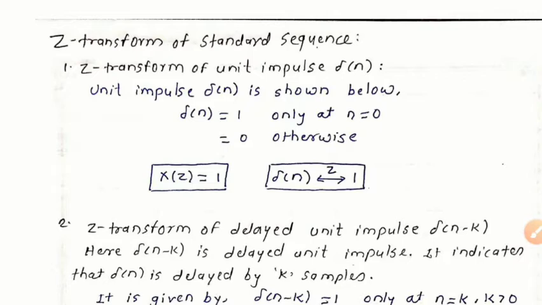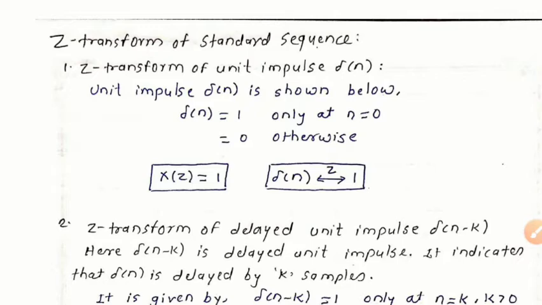So in the last session, we solved some examples on the basic definition of the Z transform using that formula, that is X of z is equal to summation of n is equal to minus infinity to infinity x of n z raised to minus n. We can solve so many examples. If you want to study those examples, please watch my last videos. Now we will move forward to the next session.